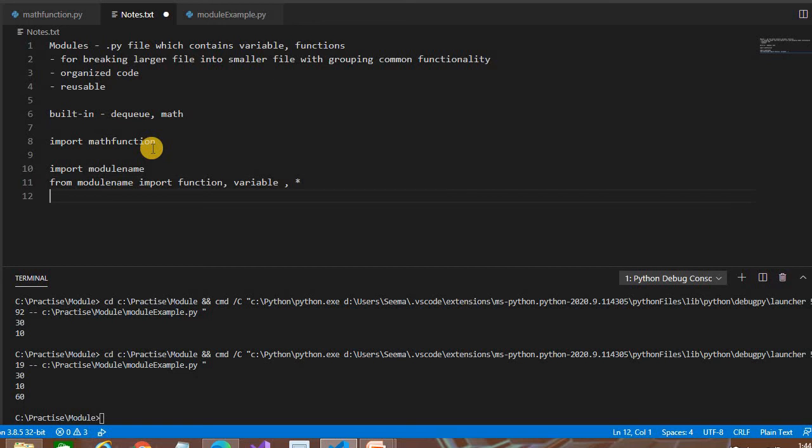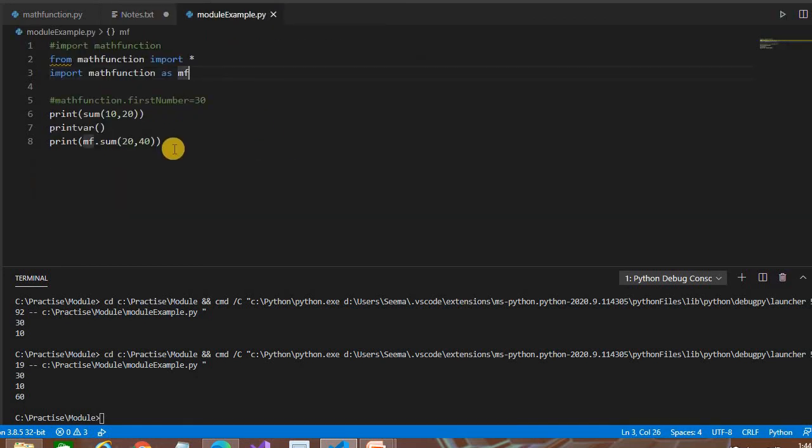Then there is how to pass the alias: import module name as alias name. It's a simple way. That is the simplest example of how to break larger code into smaller pieces and how to call it.